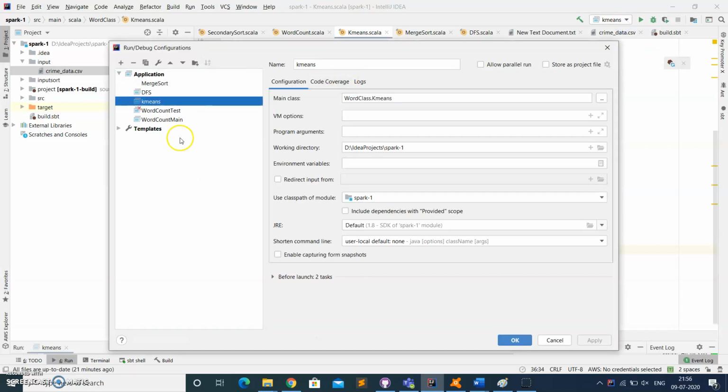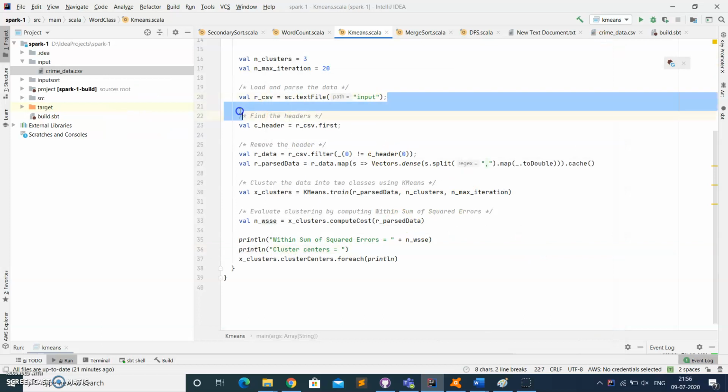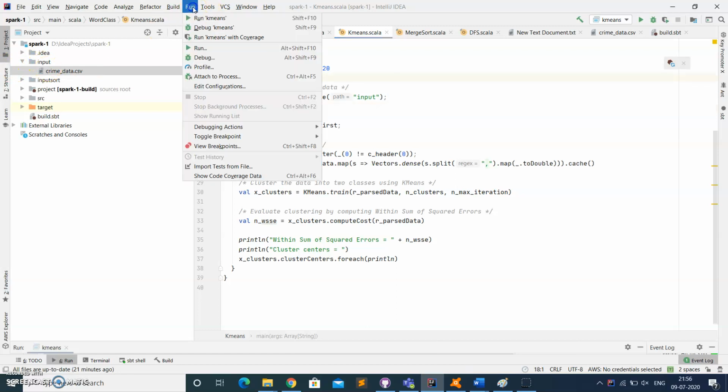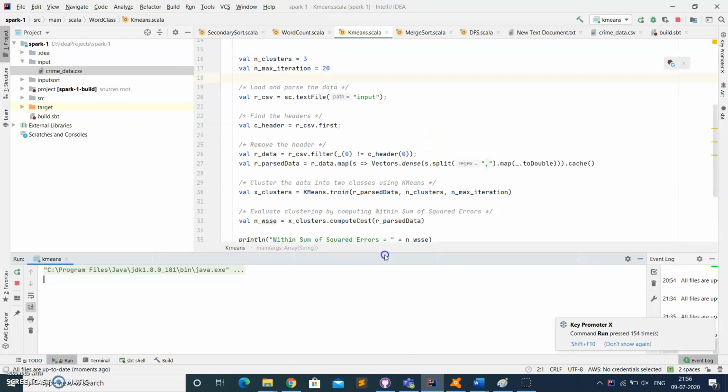Here we have the wordclass dot k-means, and now since it takes the text file path as input, the input is already here, which we saw. Now just run this and let us see the output here.